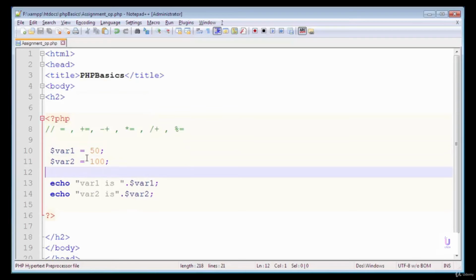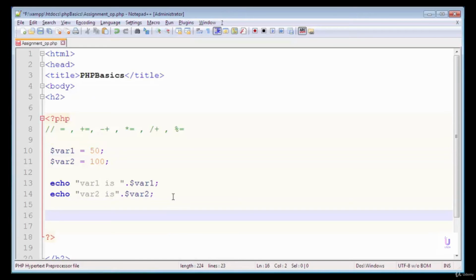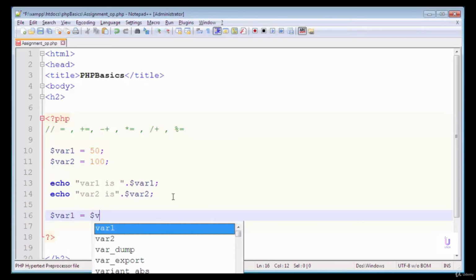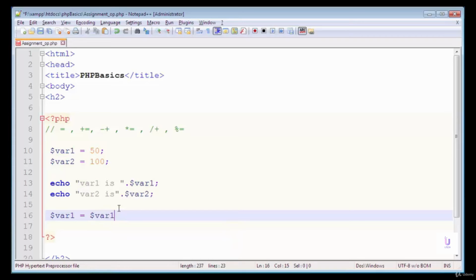Now the value of variable 1 is 50, and if I want to add 10 more to variable 1, for example 50 plus 10, I have to write variable 1 is equal to the value of variable 1 plus 10.